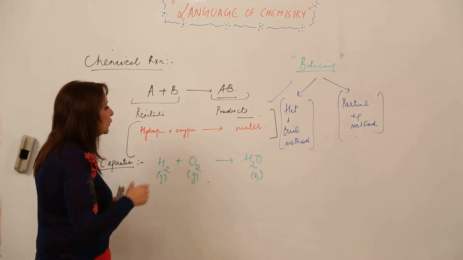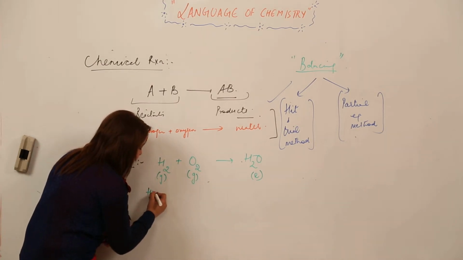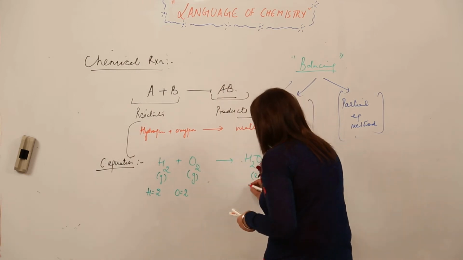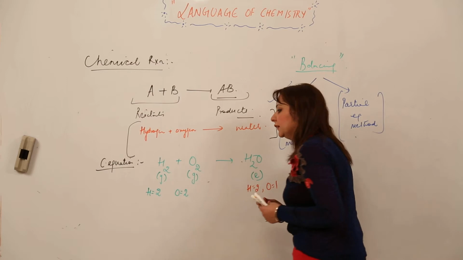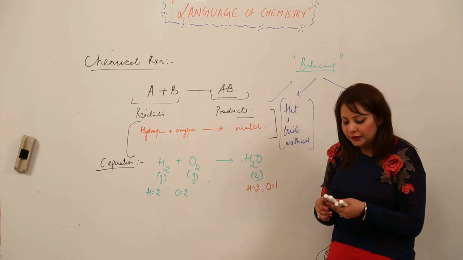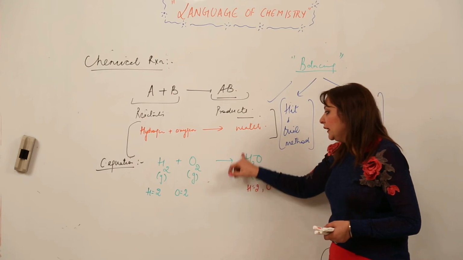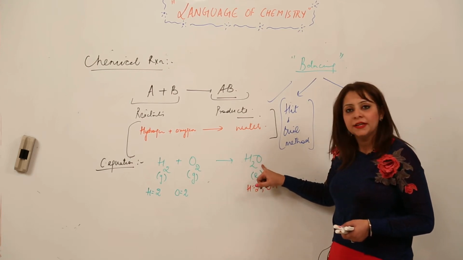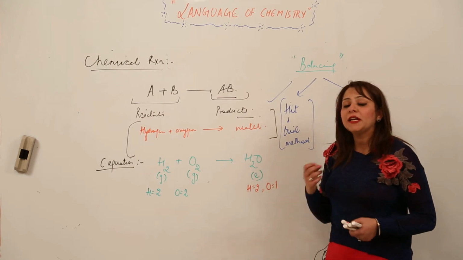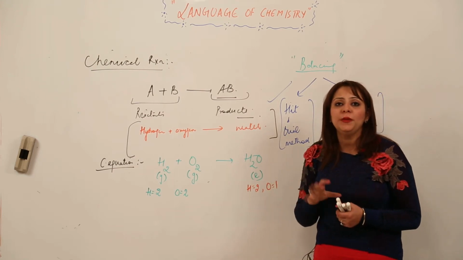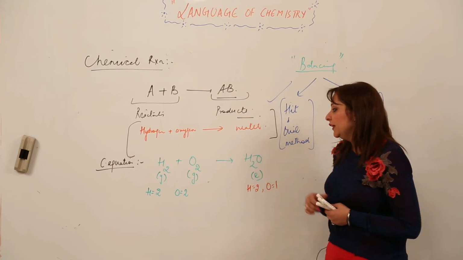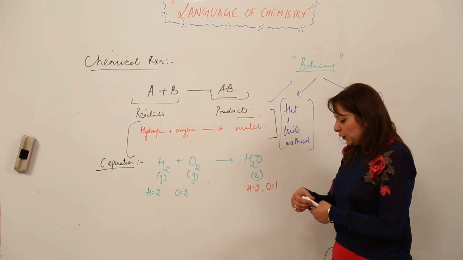For the hit and trial method, what we need to do is write the number of atoms on the left side. You see hydrogen 2, oxygen again 2. And on this side, hydrogen 2 and oxygen 1. So the hydrogens are the same, but we need to balance the oxygen. Here there are 2 oxygen atoms, and on this side there is only 1. For balancing, we can put a number in front, but not in the middle of a formula. It can be a multiple also. It is not always 2; if we are not able to make them equal, we can multiply the given figures on both sides to make them the same, right? In this case we have 2, so we can make it 2 by prefixing 2